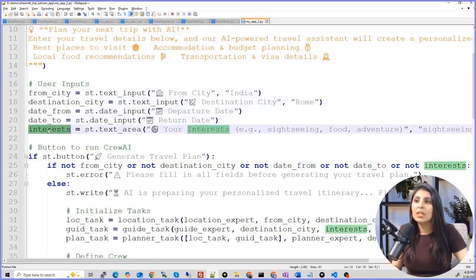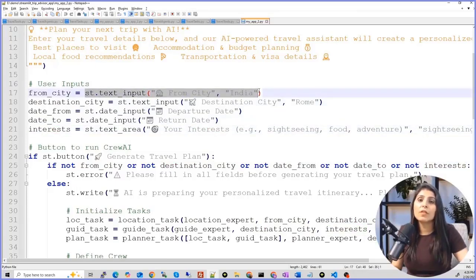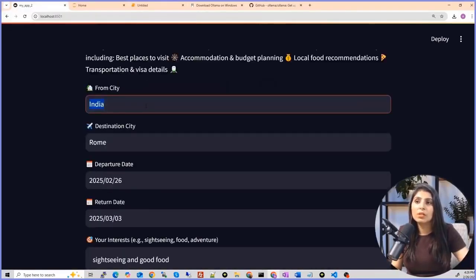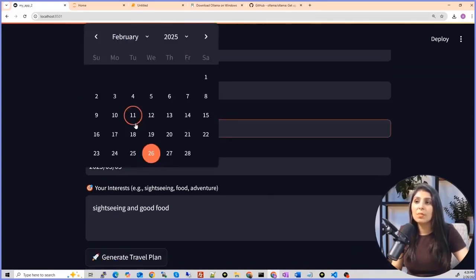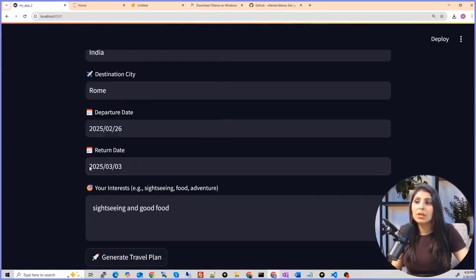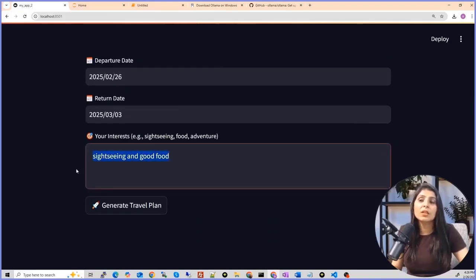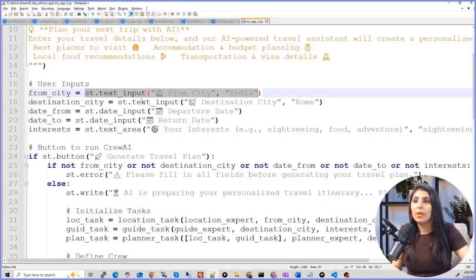In these 5 variables, I want to fetch data from the user. So these are 5 different text boxes where the user will input the values. This is the first text box where the user will write the city from which they are traveling, then the destination, the departure date, the return date, and here the user will write their interests, and then the user will click on generate plan.